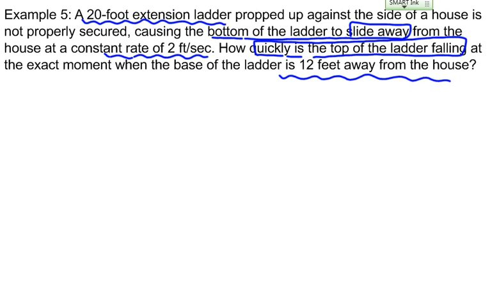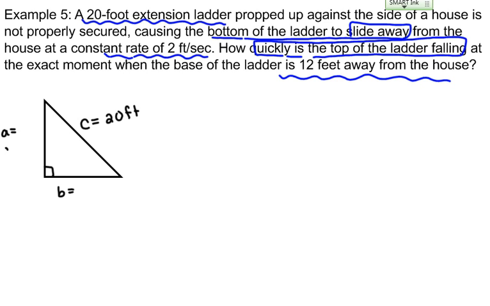Okay, so if we draw ourselves a little diagram here and fill in the information, we should always assume that the house and the ground meet at 90-degree angles. Hopefully that is correct in any build. We have a 20-foot ladder, so I'll label that side C. It's propped up against the house, so the bottom of the ladder is sliding away from the house at a constant rate of 2 feet per second. So if I label these sides A and B,